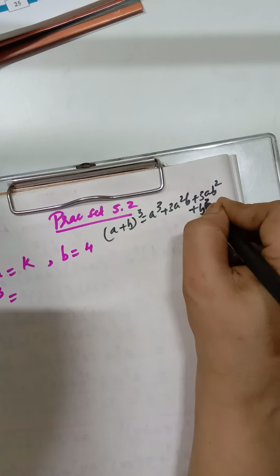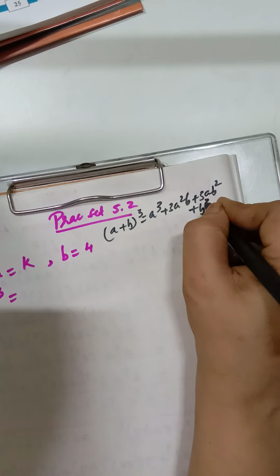So your 52 whole cube will be equal to 140608. Clear, children? Okay, you can copy down. Now fifth one,